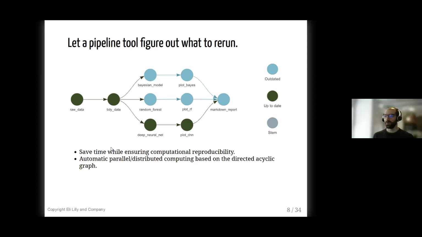Exactly. And a really common way this plays out is if we imagine that all the model nodes in this graph here are green and up to date. These are usually the most time-consuming steps. Some of the plots sometimes take time, but it's usually the modeling steps in a workflow like the one I sketched out here that take the majority of the time, but not the majority of the work and the iteration.